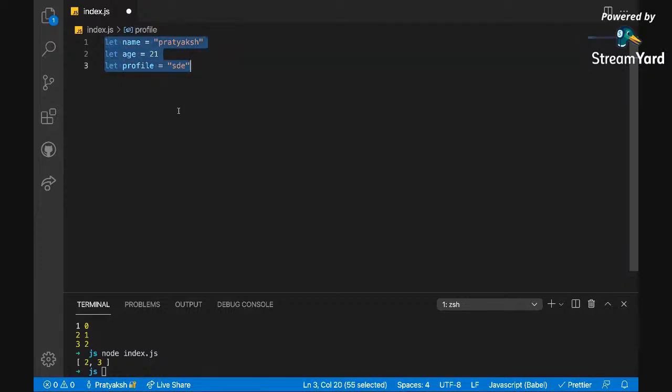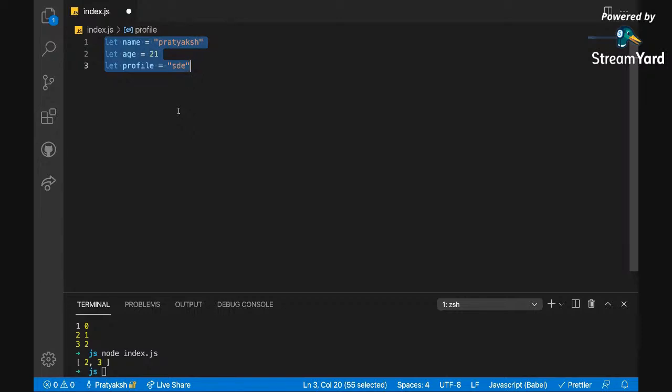Like this, I can go on and on and define what my properties are. But this is not a recommended way of defining an object, because you want to club all this data together. The next day someone else can come and say, can you store my data? Then again I'll create new variables: let name one, let age two, let profile one. Then on the third day another person comes, and so on. So that is a very non-scalable way of defining an object.